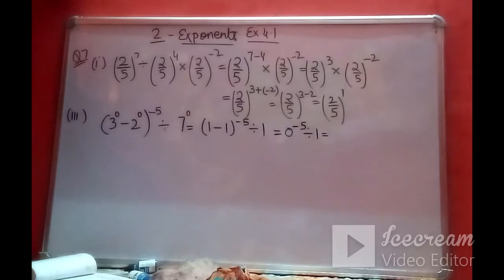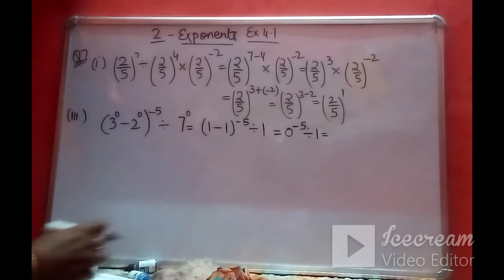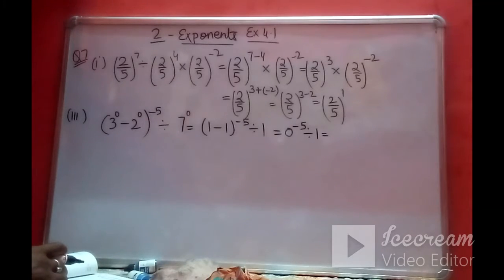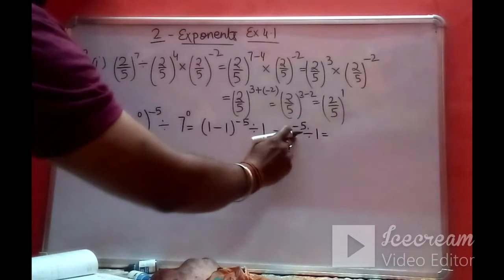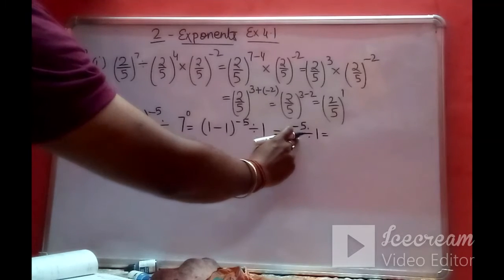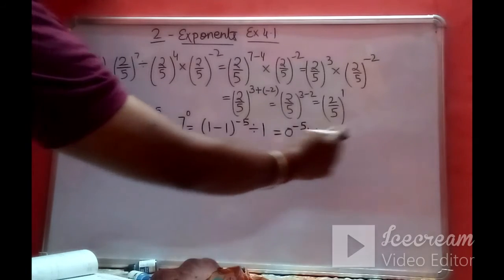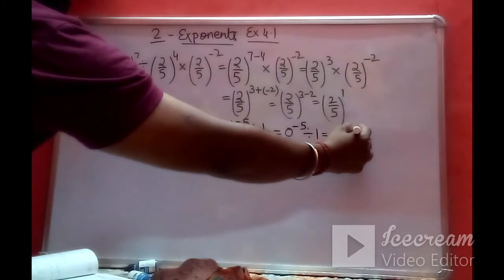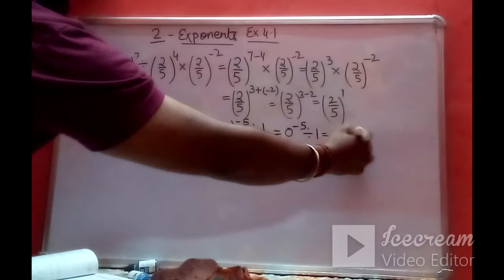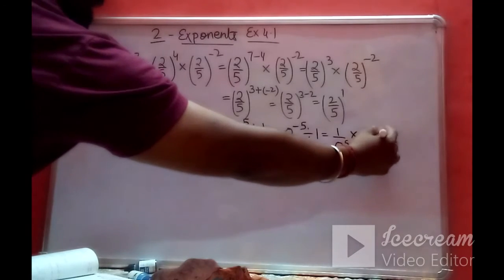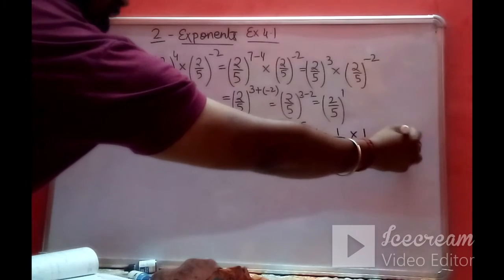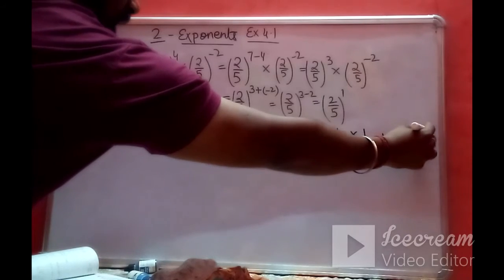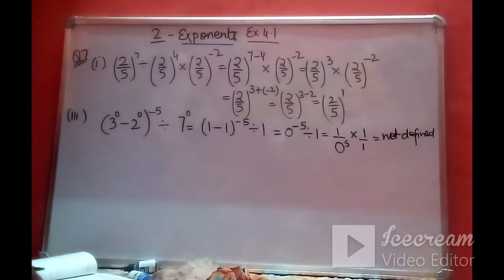And if 0 is carrying any power, then in that case, okay, if I write its reciprocal as this, and it is into 1, so its answer is not defined. Okay, 0 cannot carry the power as negative, so its answer is not defined. Okay,